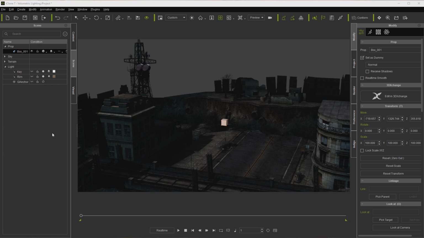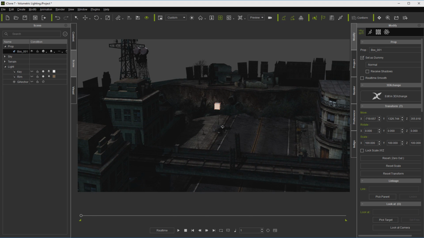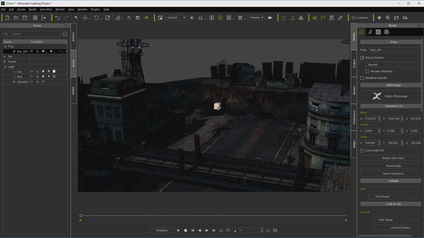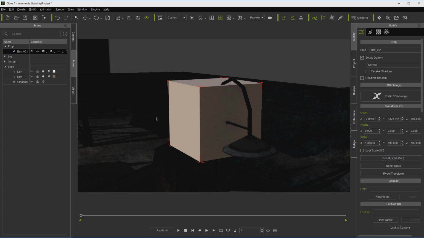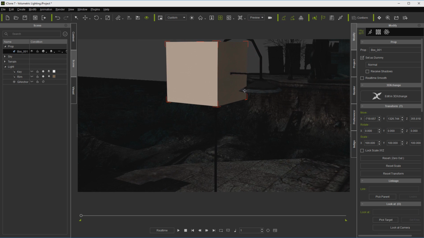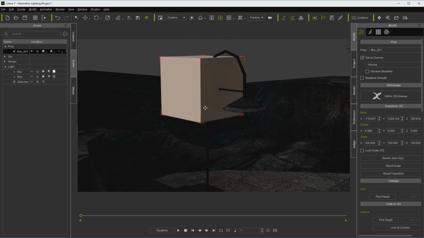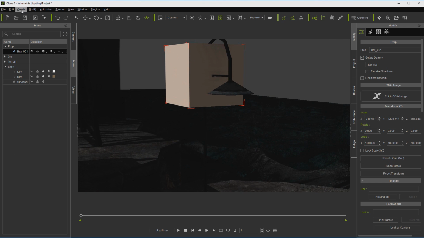Okay, now we're going to look at mimicking a volumetric streetlight. This is something else I get asked quite a bit. I've got the combat stage loaded, which is one big prop, and in order to move in it, I have placed a subprop or a box over one of the light poles. That way I can just easily move in, rotate around it, and don't have to worry about not being able to select that light pole since it's part of a single prop, or part of the terrain, I should say, in this case. Now to get started, let's go ahead and set up an actual light.